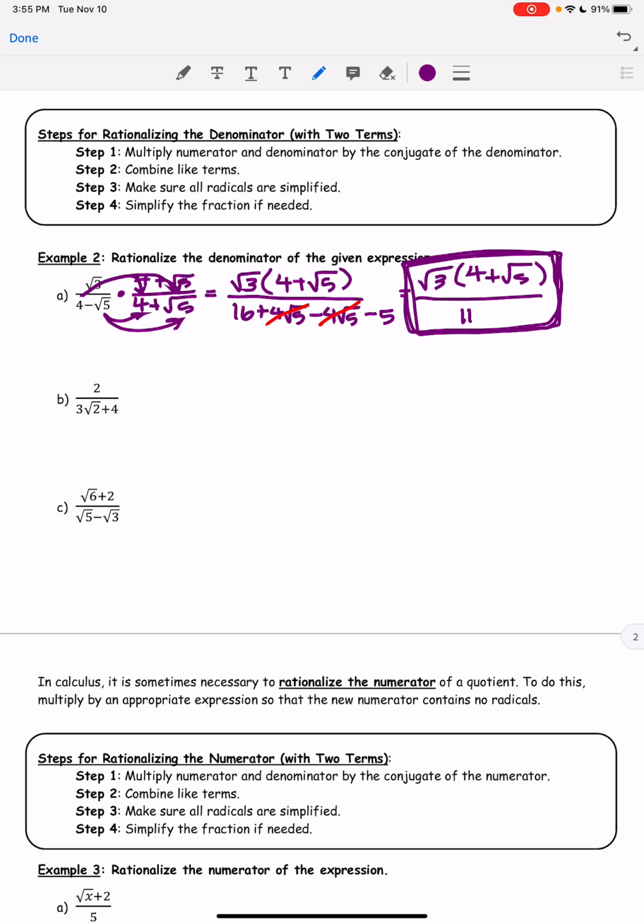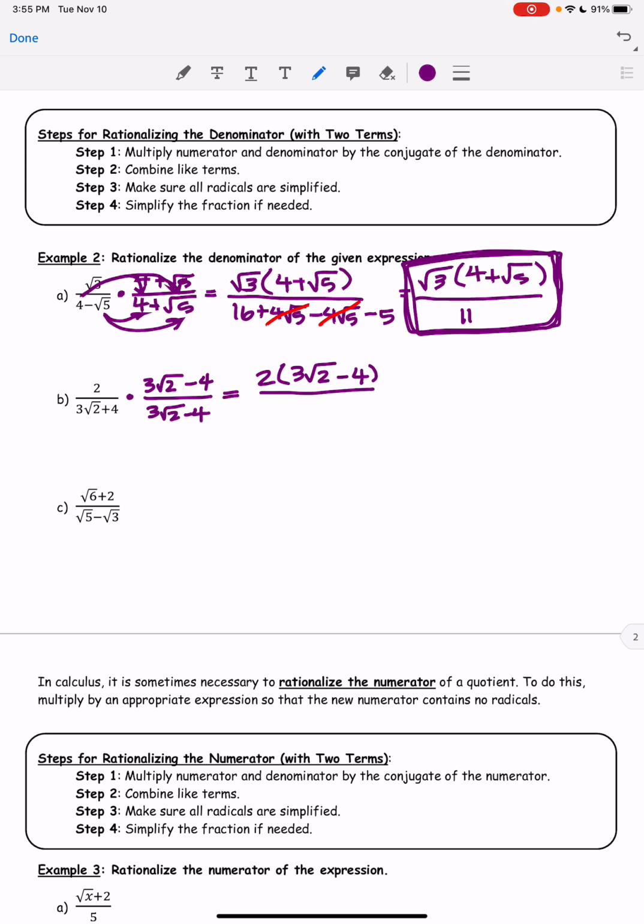Okay, so on B, multiply by the conjugate. Now because this one's a plus, my conjugate is the same thing but with a minus. So I've got 3 square root 2 minus 4 all over 3 square root 2 minus 4. Again, that equals 1, so I'm not changing this. So multiply. Again, I'm not going to multiply out the top, so this is going to stay 2 times 3 square root 2 minus 4